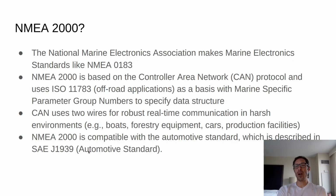Before I talk specifically about OpenBridge, I wanted to talk about why this is difficult, and the perspective of what it is. So we'll talk about NMEA 2000, we'll talk about why it's difficult, and then we'll dig into how we can crack that nut so we can get a little bit of confidence in working with CAN, working with the ISO standard that CAN is supporting, and then working with the NMEA 2000 protocol, which sits on top of the ISO. If you think of CAN as your layer 1 and layer 2,